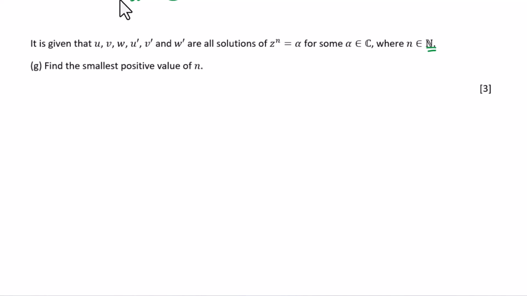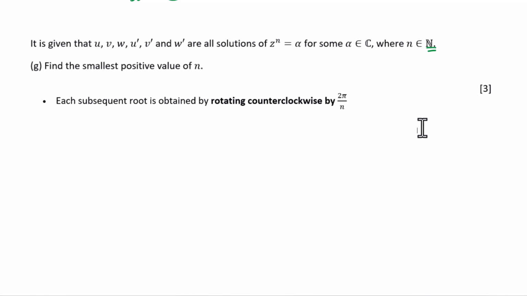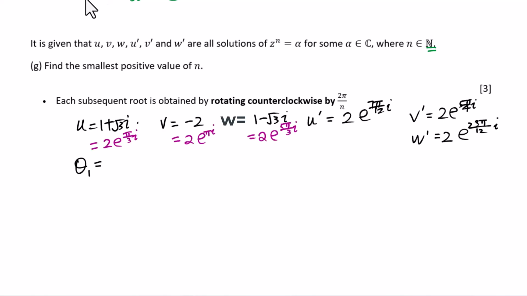Find the smallest positive value of n. We will use this fact to work out this n. First of all, let's figure out the argument of each root. So the argument of u equals